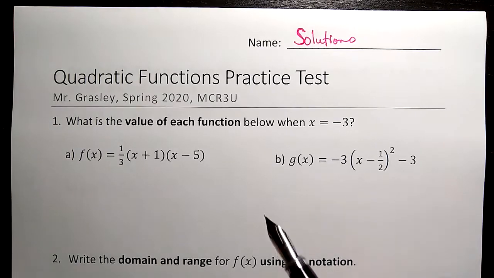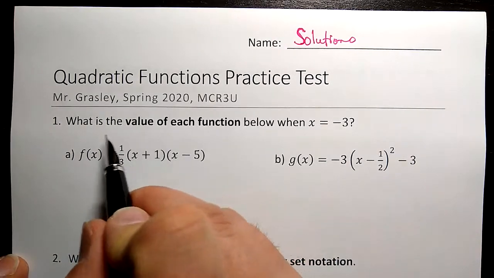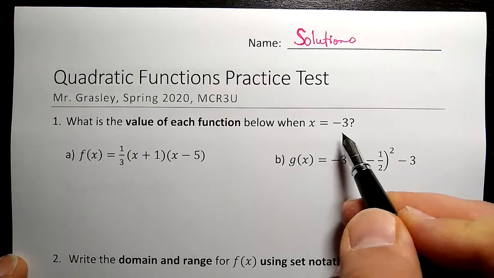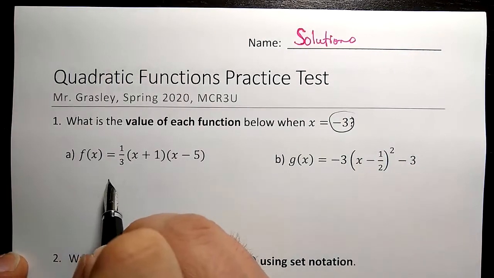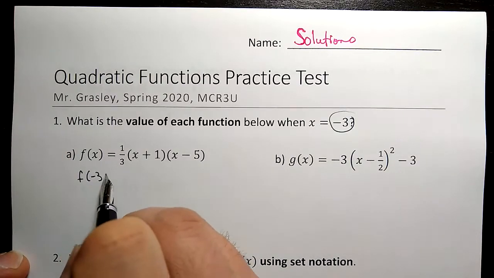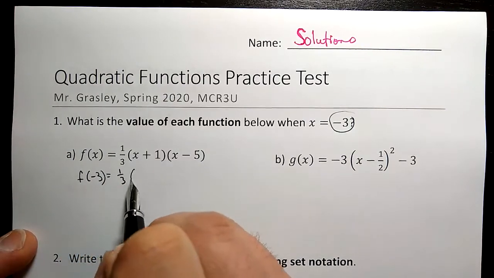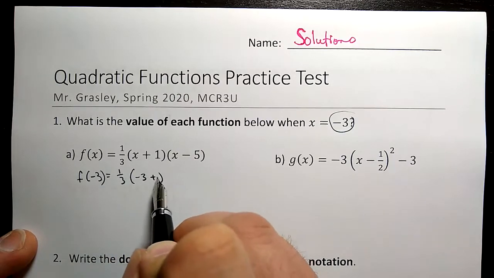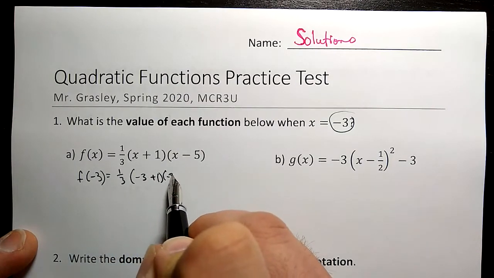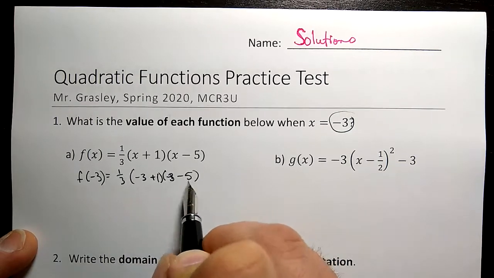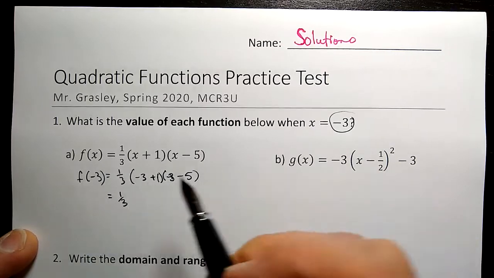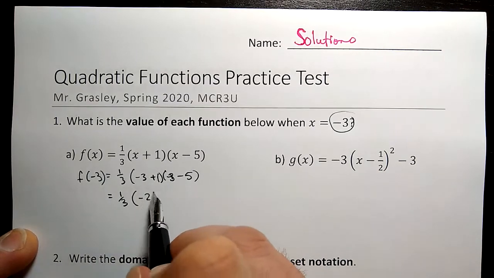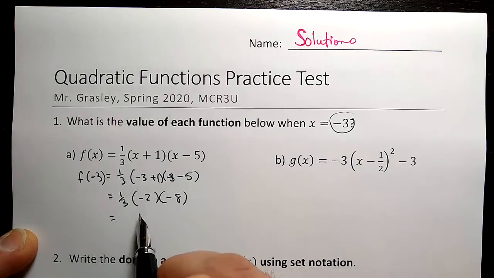I'm a high school math teacher, and I'm going to go through some solutions for this practice test for my class. Here we have: what is the value of each function below when x equals -3. So we're going to substitute that into each of these two equations. So f of -3 is 1/3 times -3 plus 1, and -3 minus 5 there. We're going to just simplify everything and write down a final value. Here we have -2, -8, so together that's